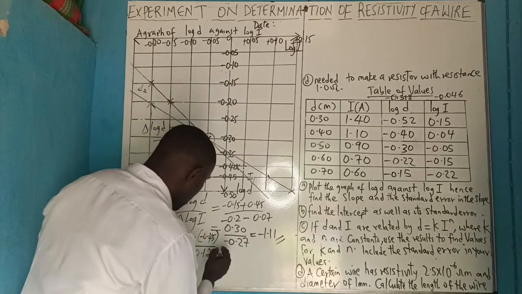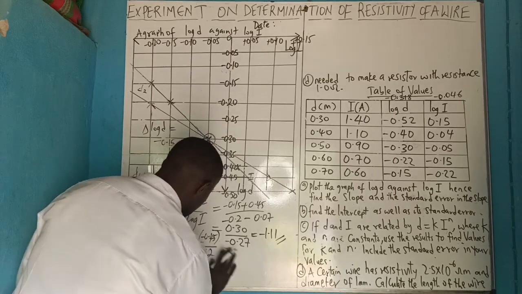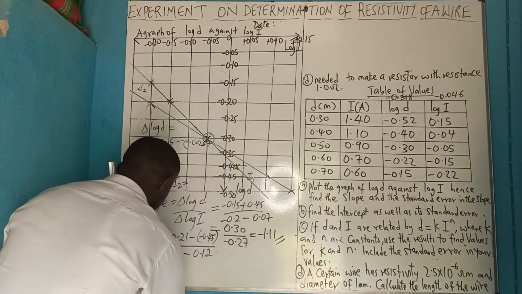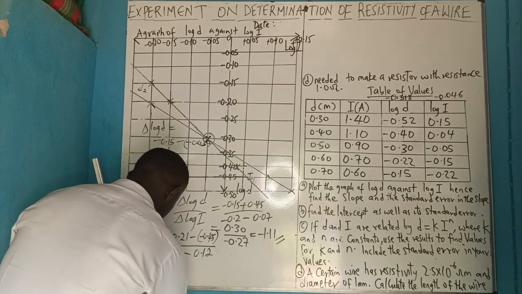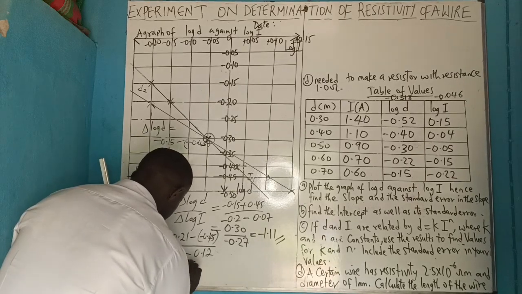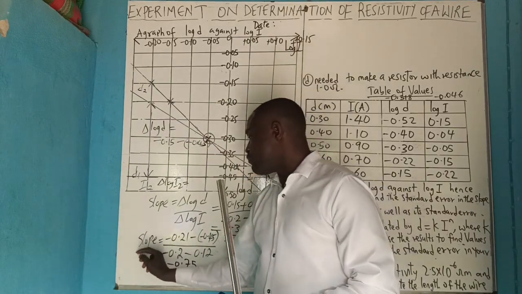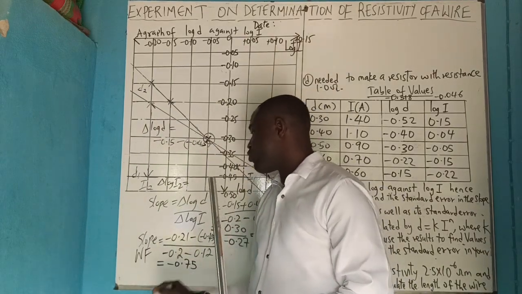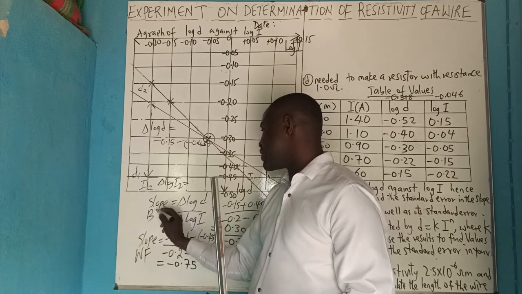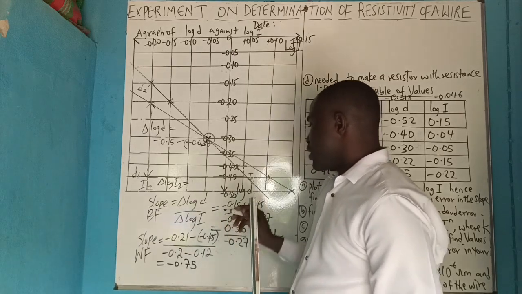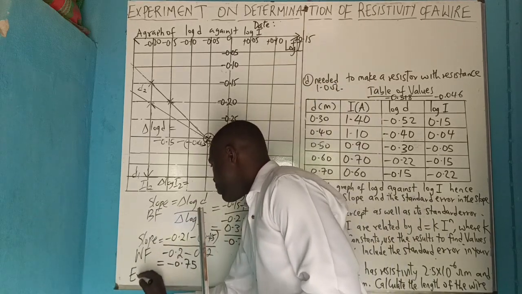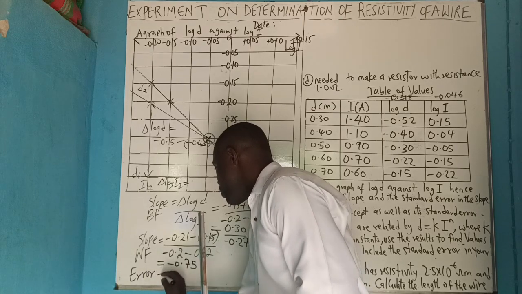That will be giving us minus 0.75. So this is the slope of the worst fit line. Why this is for the best fit? The error in this slope will be equal to